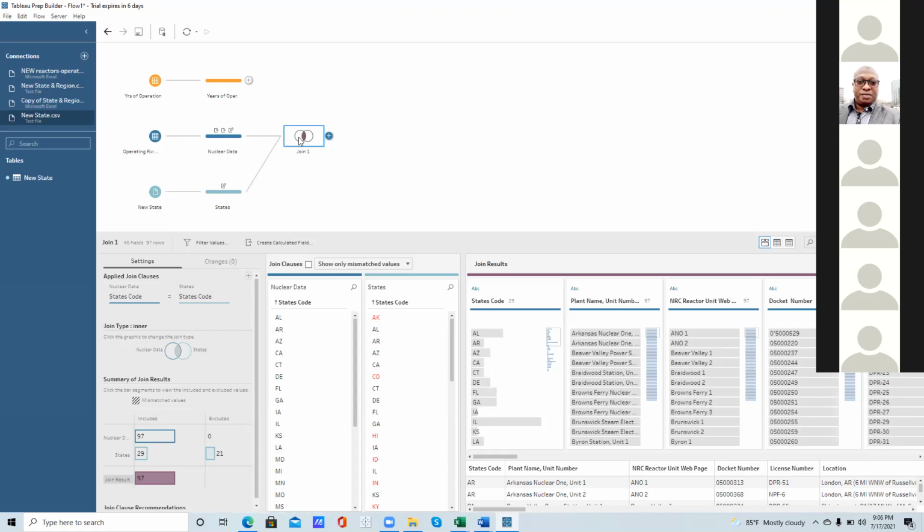Ordinarily, it should move all these 21 excluded ones to be included, to make it 51. But in this case, since they are not part of the other state code, they will remain like that. So it's not even a problem basically. But in some other instances, there could be a problem. So there's a way to fix that. But just click on that outside so that we can proceed.